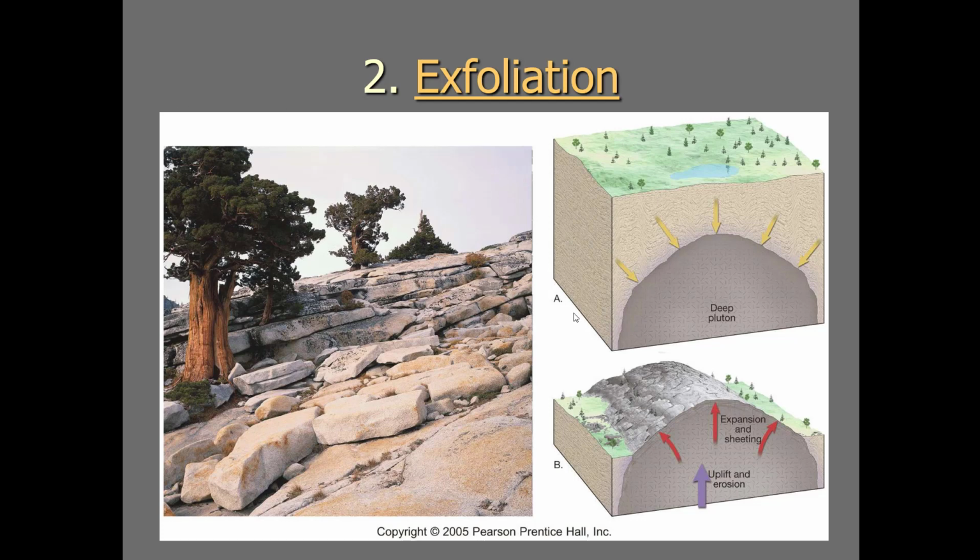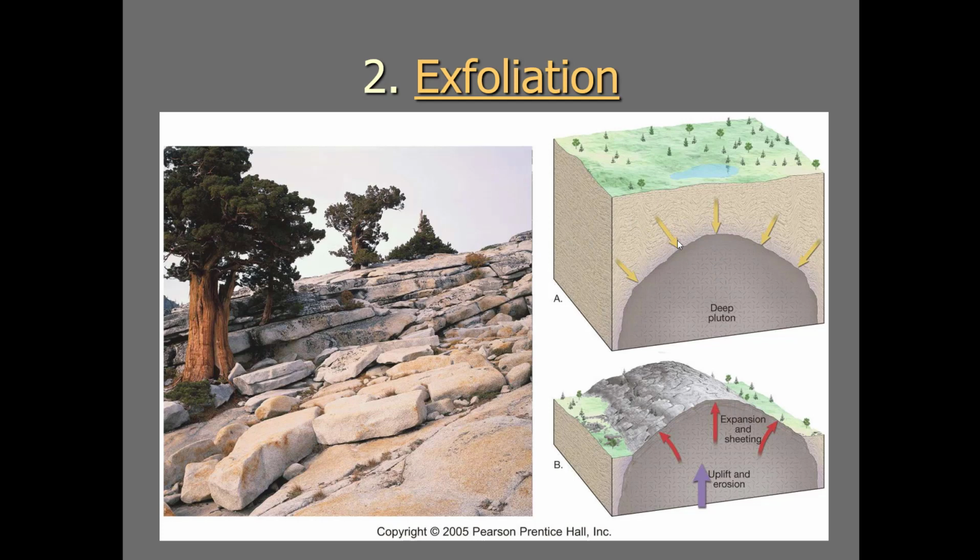So here we see a diagram of a pluton, and if you remember from Unit 1, we would call this a batholith, right? Because it is a giant blob of magma that cooled inside the Earth. So when things cool inside the Earth, all of the material that is overlying exerts a pressure on it. But eventually, all of this material can get eroded away, and that's when we can see granite, for example, which most batholiths are composed of, exposed at the surface of the Earth. And when that happens,